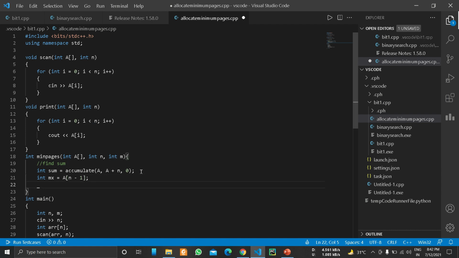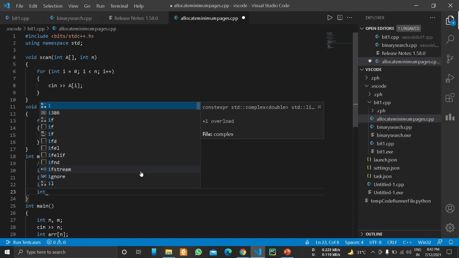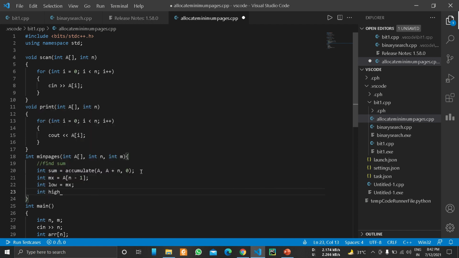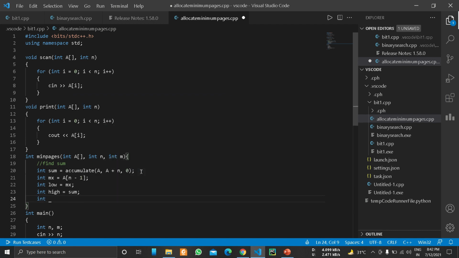Then our low is max, high is sum, and we will store our result in res, and initially it is 0. So let's run our while loop.